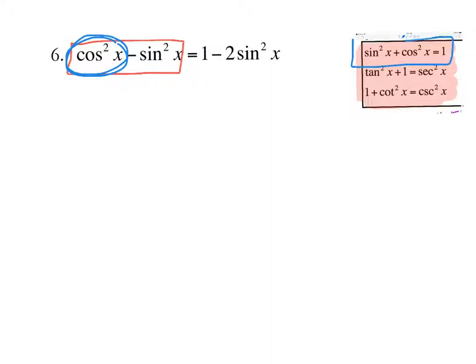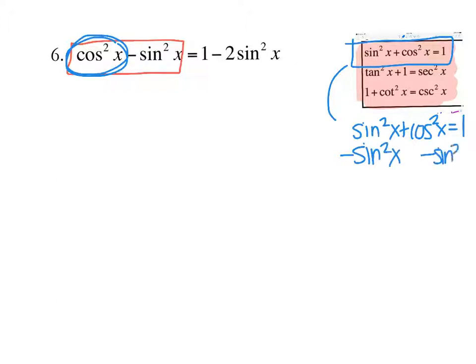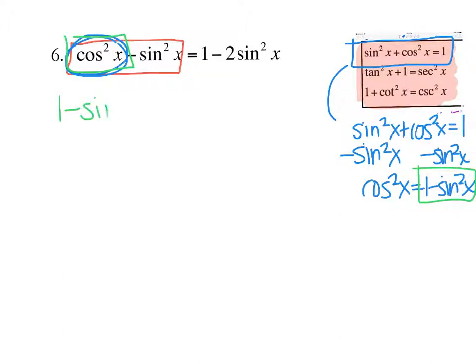For that one, you're going to have to take this equation and manipulate it. I'm going to take the equation sine squared plus cosine squared equals 1, and figure out what cosine squared equals by subtracting sine squared. I know cosine squared x is equal to 1 minus sine squared x. That's what we're going to plug in. I'm going to plug it in here, so it's going to be 1 minus sine squared